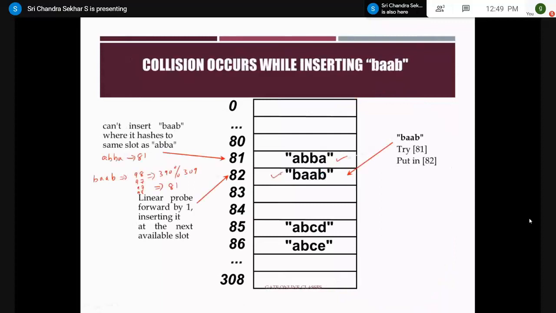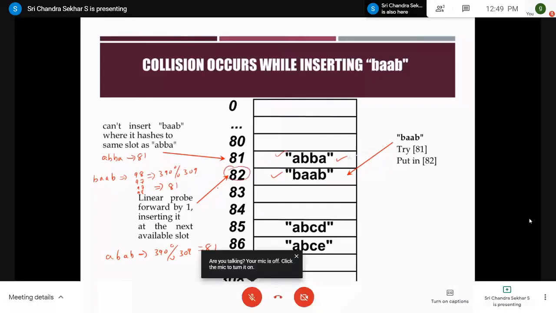For example, we have another string called ABAB. This also results in 390 only. And if you modulo divide it with 309, it results in 81. Therefore, 81 is already occupied by ABBA. You go for the linear probing. Linear probing means you search for the next element of 81, which is 82.